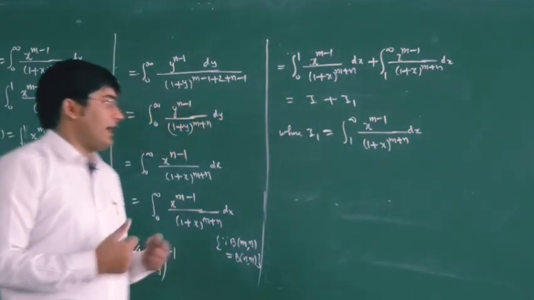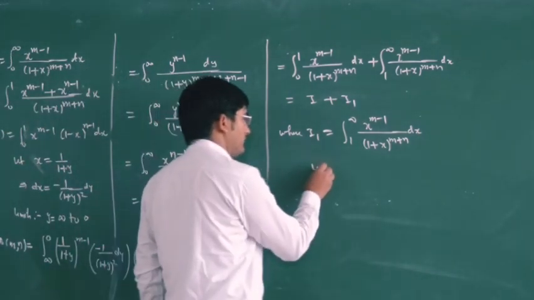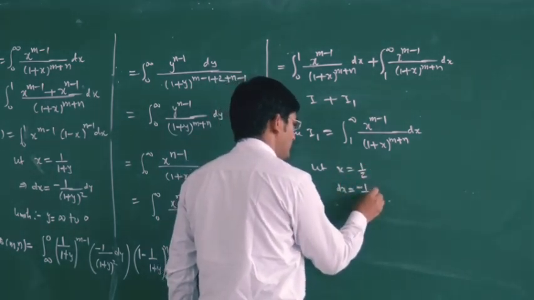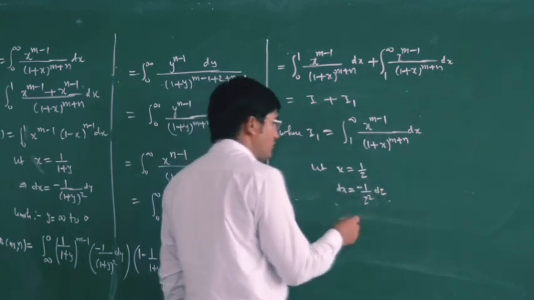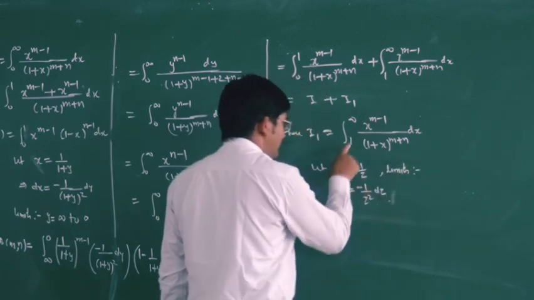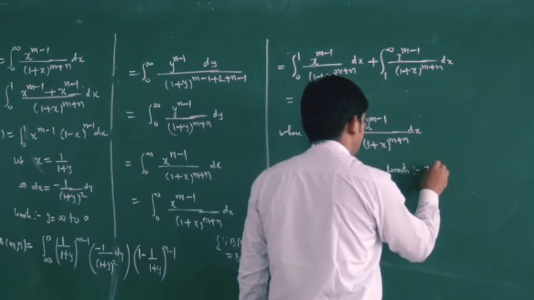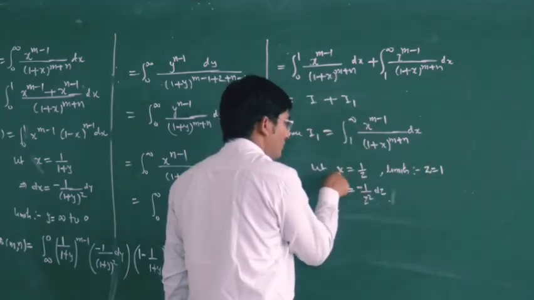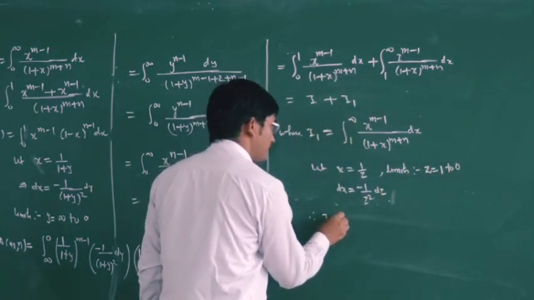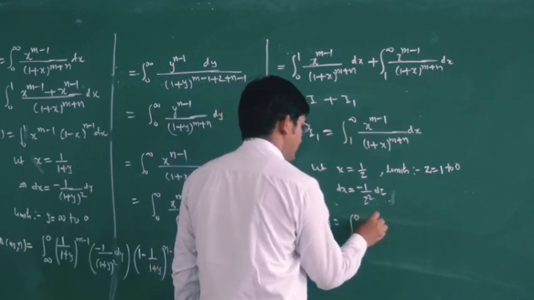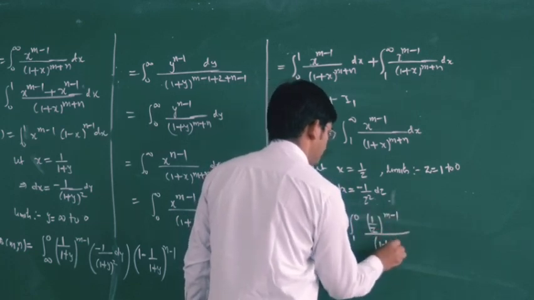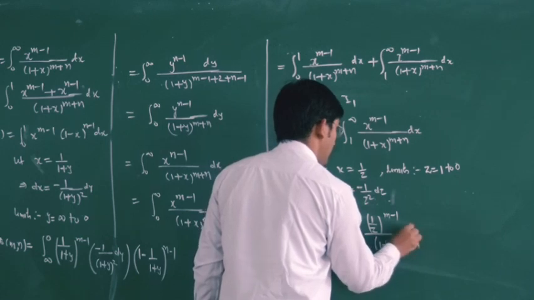Okay. Now let us put x equal to 1 by z. So in this case your dx will be minus 1 upon z square dz, and your limits will be: if you put x equal to 1, your z will be 1, and if you put x equal to infinity, then we will have z equal to 1 upon infinity, so this is your 0. So therefore your I1 will be integral 1 to 0, x is 1 by z, then we have 1 plus x, and then dx.